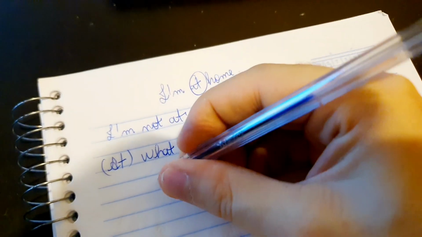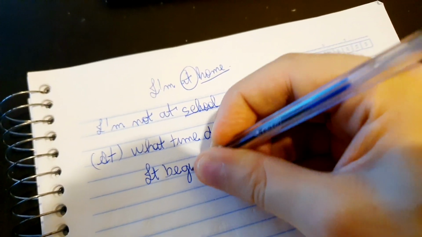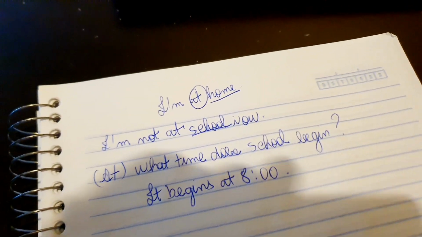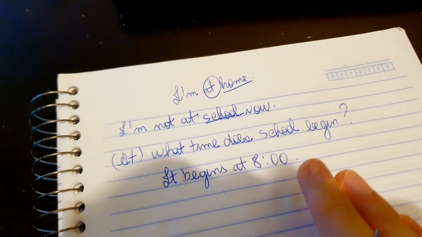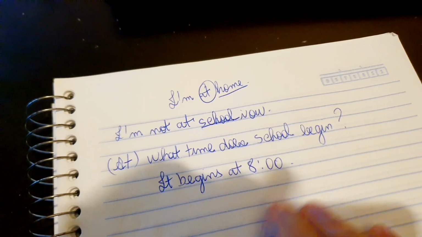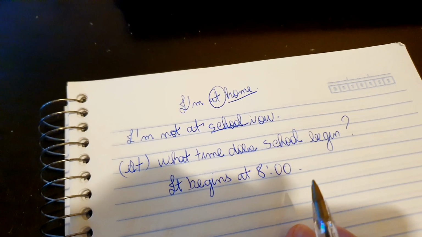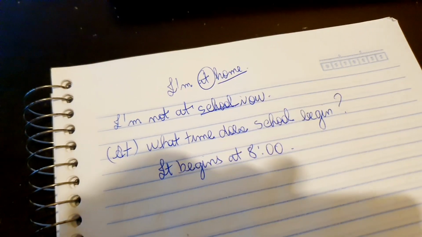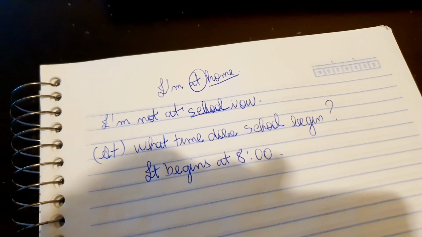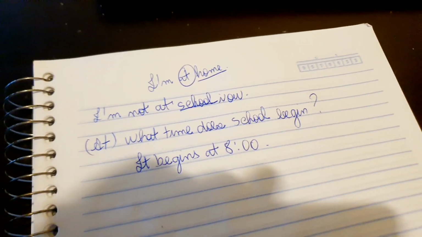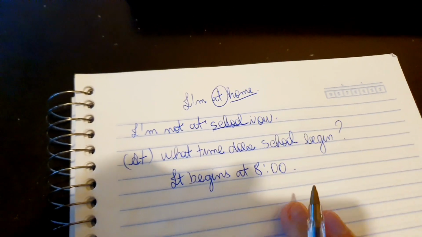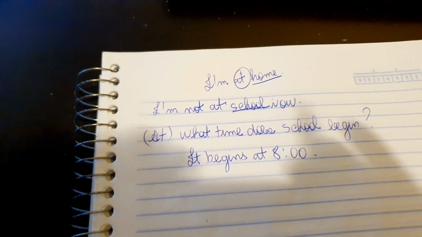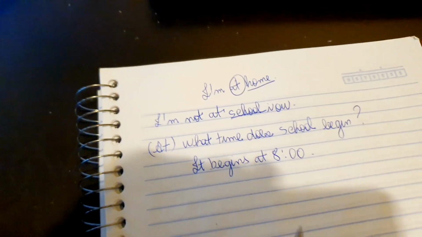It begins at 8, for example. When I was a child, school usually began at 7 a.m. Yes, it's too early. I had to wake up at 5:30 around this time to take a shower, have breakfast, and so on. It's terrible. I don't like to wake up very early. It gives me such a pain. It's a painful experience, but it's better than working, I believe.